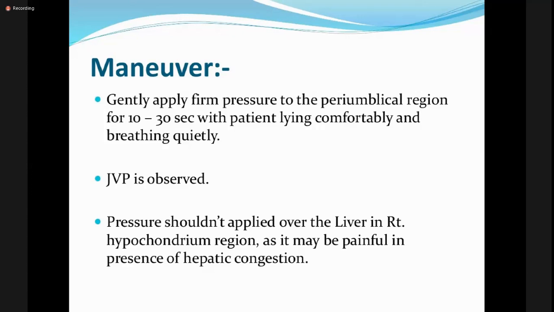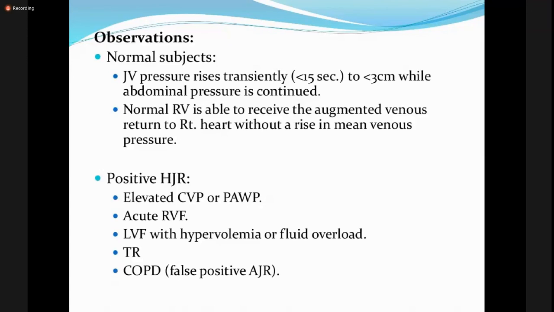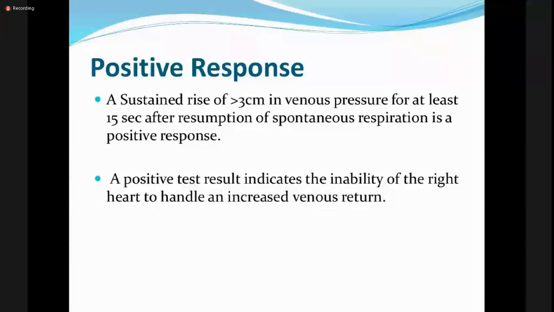দ্য অ্যাবডোমেন কি হবে, ট্রানজিয়েন্টলি জেভিপি বাড়তে পারে। কিন্তু ইন কেস অফ নর্মাল হার্ট এই প্রেসারটাকে যখন আমি ভেনাস রিটার্ন বাড়াচ্ছি অ্যাবডোমেনের উপর প্রেসার দিয়ে, ইন কেস অফ নর্মাল হার্ট আরভি বা আরএ এটাকে অ্যাকোমোডেট করতে পারে, বাট ইন কেস অফ ফেইলিং হার্ট সে এই প্রেসারটা অ্যাকোমোডেট করতে পারবে না। সেই জন্য যখন আমি অ্যাবডোমিনোজুগুলার রিফ্লাক্স দেব তখন আমার সাস্টেইন রাইজ অফ জেভিপি হবে ইন কেস অফ পেশেন্ট সাফারিং ফ্রম লেটেন্ট রাইট হার্ট ফেলিওর। সাস্টেইন কখন বলবো? যদি এটা মোর দ্যান 15 সেকেন্ডের ওপর থাকে এবং মোর দ্যান 3 সেন্টিমিটার রাইজ হয় প্রেশার।